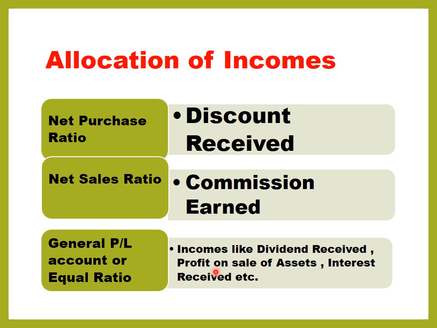And common incomes like dividend received, profit on sale of asset, interest received, etc. should be distributed either in equal ratio or you take it to general P&L account. But it is advisable to take it to general P&L. If these common general incomes are given, it is advisable to take them to general P&L account instead of distributing